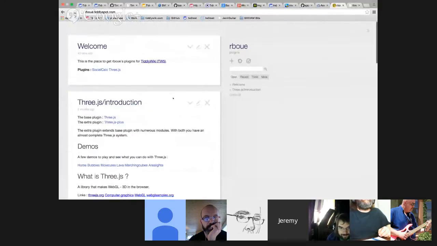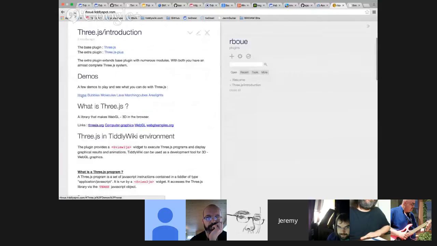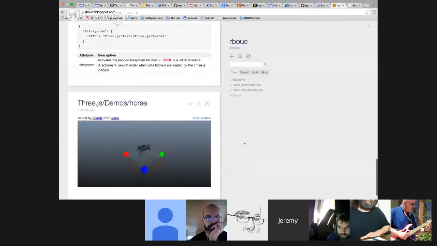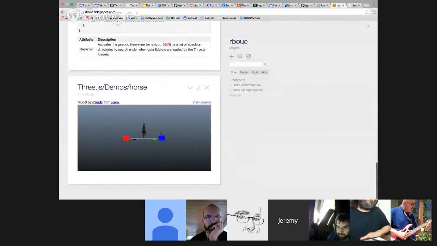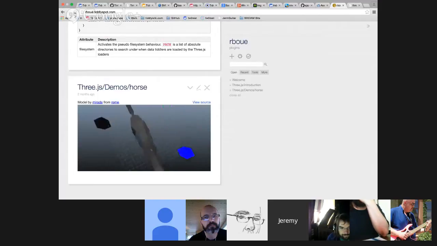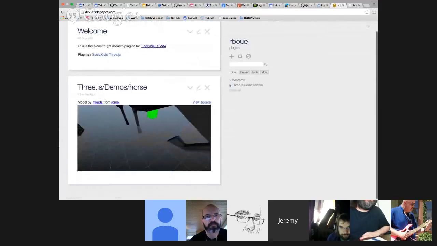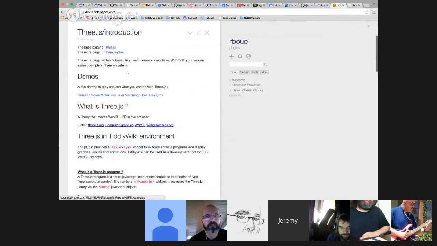So I clicked through to the Three.js introduction tiddler. There's a link to a number of demos, and this horse demo is typical. As I click and drag, my viewpoint changes. You can see the horse also animates, and as I scroll, it scales. I need to get the links to the demos. So if we open